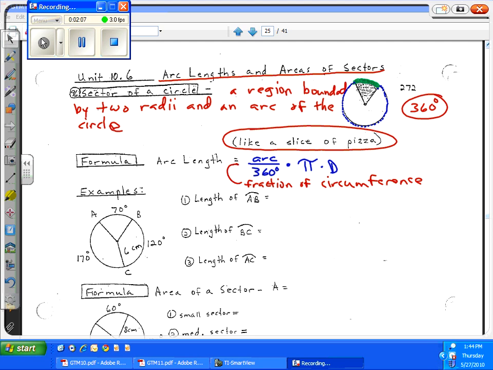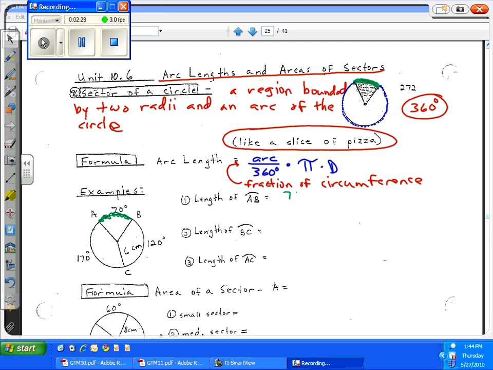That is the way I like to think of it. It is a fraction. What fraction? Well, the arc over 360. Of means times the circumference, which is pi times diameter, a fraction of the circumference. Okay? So if we wanted to find the length of arc AB in this circle,